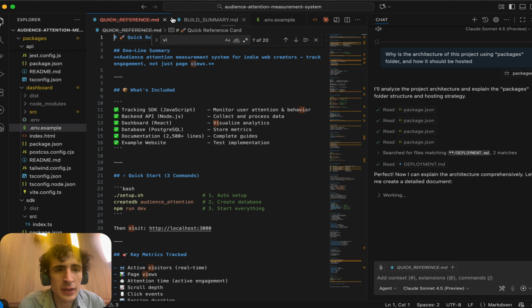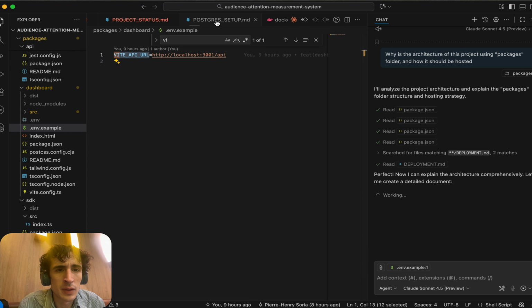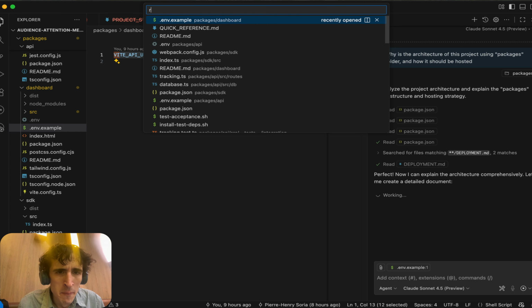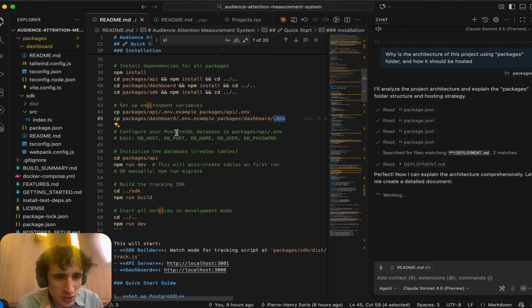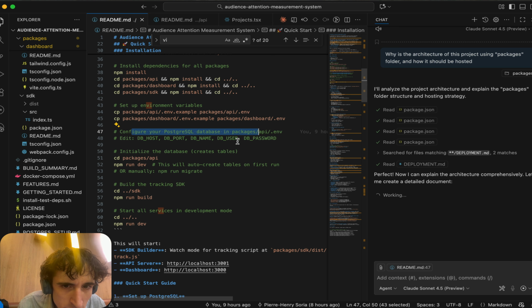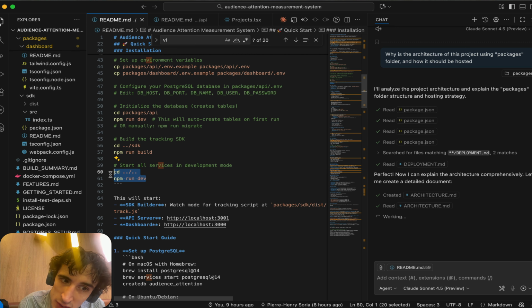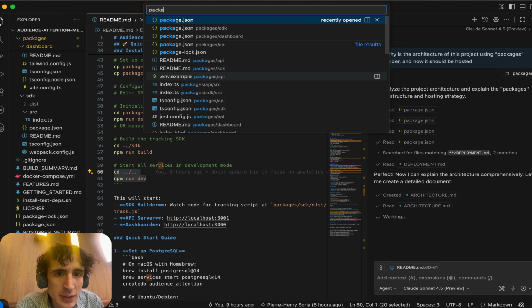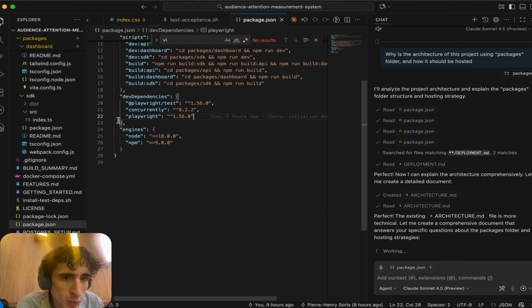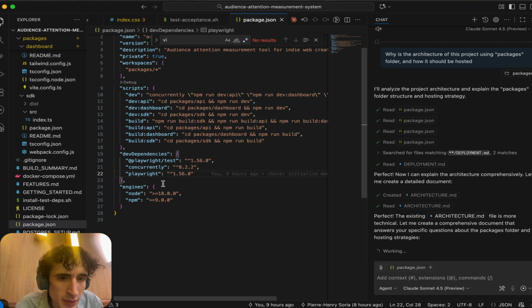API package. Alright. So now configure your Postgres database, DB user, DB password. Start all services in development mode. Oh, that's nice. So I have seen that in the past, where we can then use concurrently to run everything